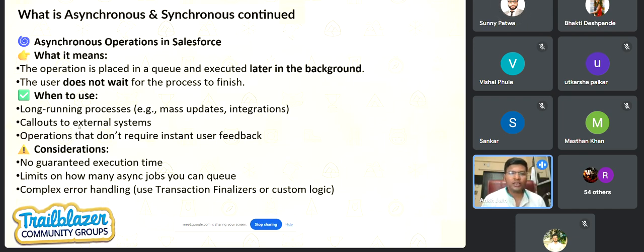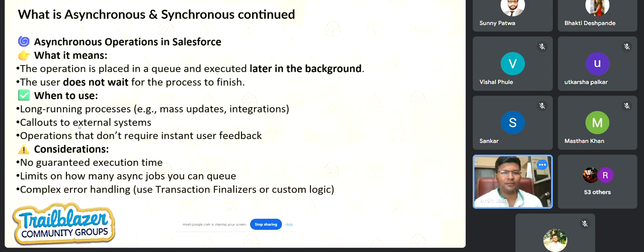Asynchronous means it would run in the background. I don't need to worry. It's like working in a sprint. You have a task assigned in the sprint, you don't have to finish it immediately, you take some time. Whenever you have bandwidth, you complete that task.